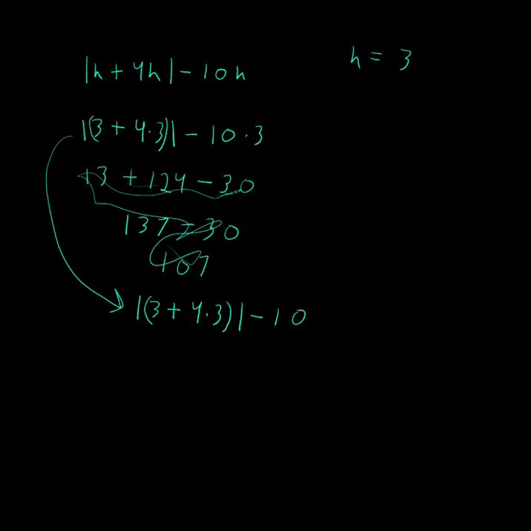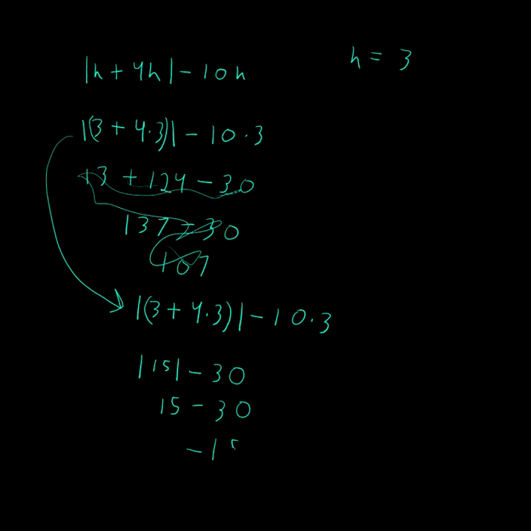Minus 10 times 3. Okay, and the other thing is going this way seems like it's going to be a lot easier. So 4 times 3 gives us 12, plus 3, that's going to be 15, so we get absolute value of 15. And the other thing you can do is make these just massive in comparison to your numbers. That should also keep things where they should be. Minus 30, so absolute value of 15 is just 15 minus 30, and so we're left with